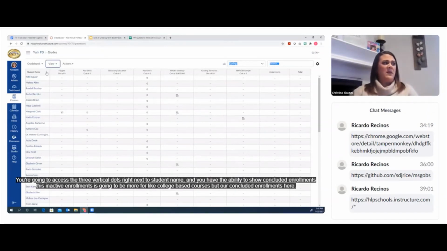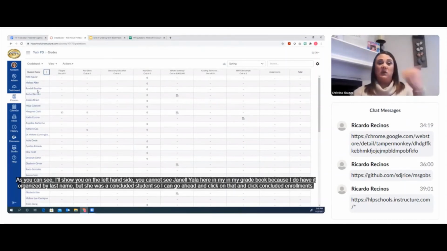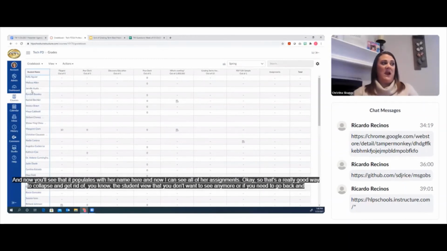And you have the ability to show concluded enrollments. This inactive enrollments is going to be more for college-based courses, but our concluded enrollments here, as you can see, I'll show you on the left-hand side, you cannot see Janelle Ayala here in my grade book because I do have it organized by last name, but she was a concluded student. So I can go ahead and click on that and click concluded enrollments. And now you'll see that it populates with her name here,